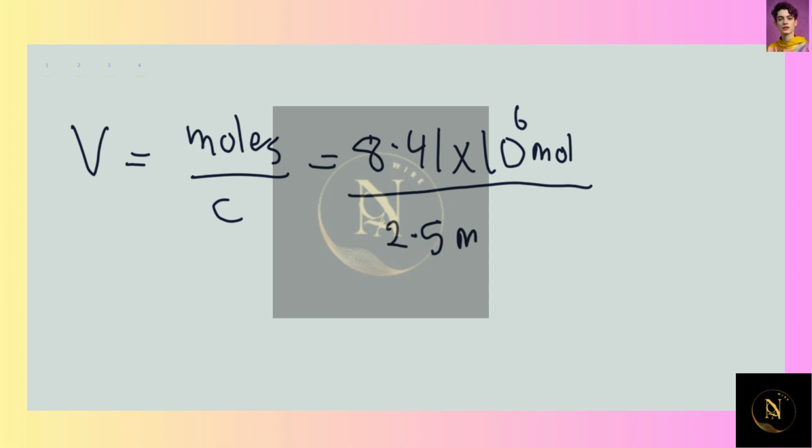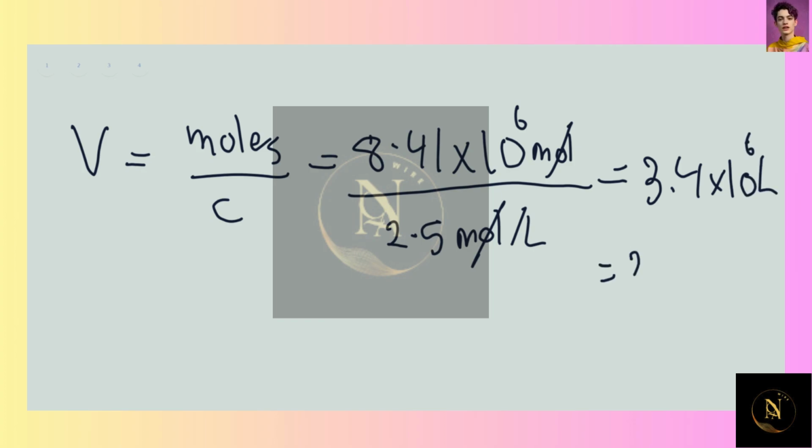And the concentration is 2.5 moles per liter. I could see moles cancel out, and I would get that my required volume is 3.4 times 10 to the power of 6 liter, which is 3.4 times 10 to the power of 3 meter cubed. So basically I take this from